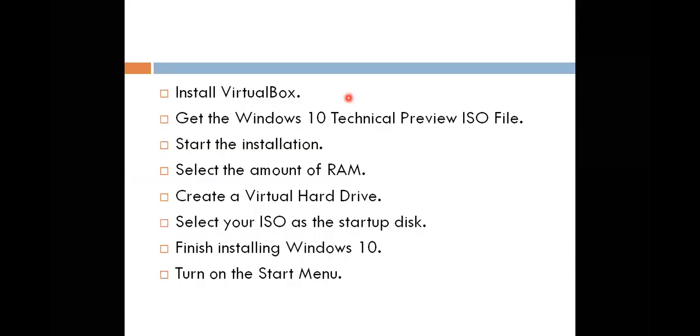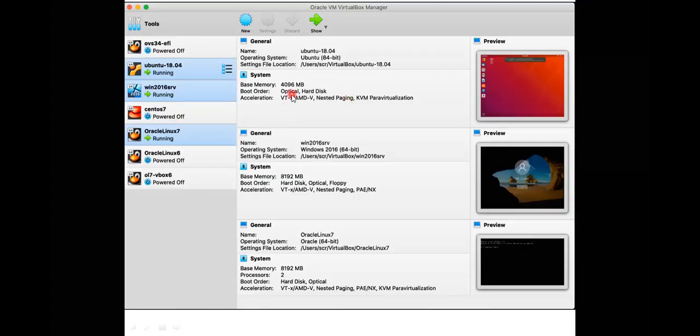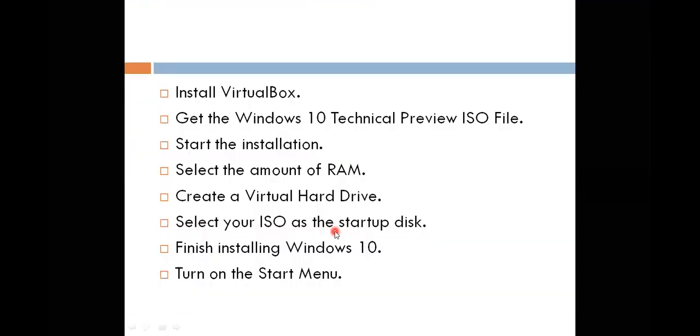What about the hard drives? Here I maintain hard disk, optical, and the floppy also. I am maintaining the boot order, hard disk and optical. I can include the floppy, and again I can take the rewritable or anything. Whatever I am mentioning has to be selected by me before installation or before starting. All these things have to be specified.